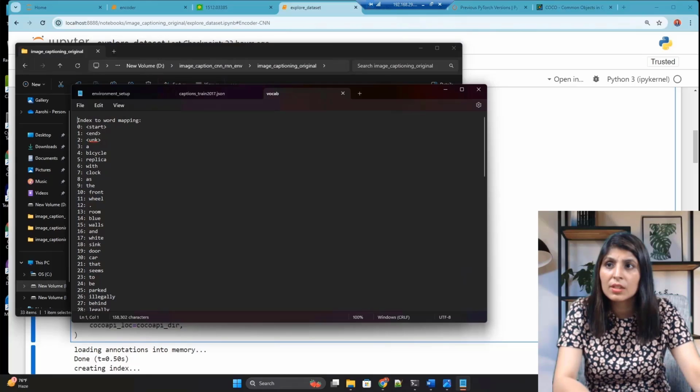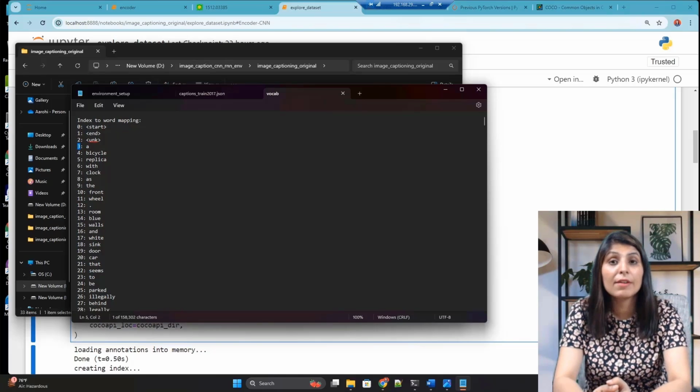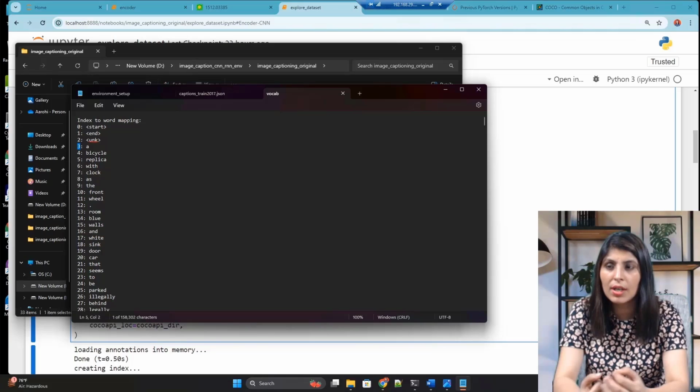In this text file you can see that each word is assigned an ID like this. This 0 is the ID for start, and for A you will see a 3. Whenever we work in deep learning, it understands numbers, not alphabets, so we always need to convert our dataset into numbers.